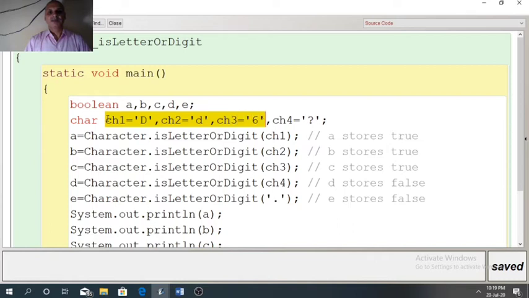CH3 is digit. So the first three variables are either letter or digit, but the fourth one, ch4, is a special character. So in the first three cases, the function will return true because it is either letter or digit. The fourth one will become false.